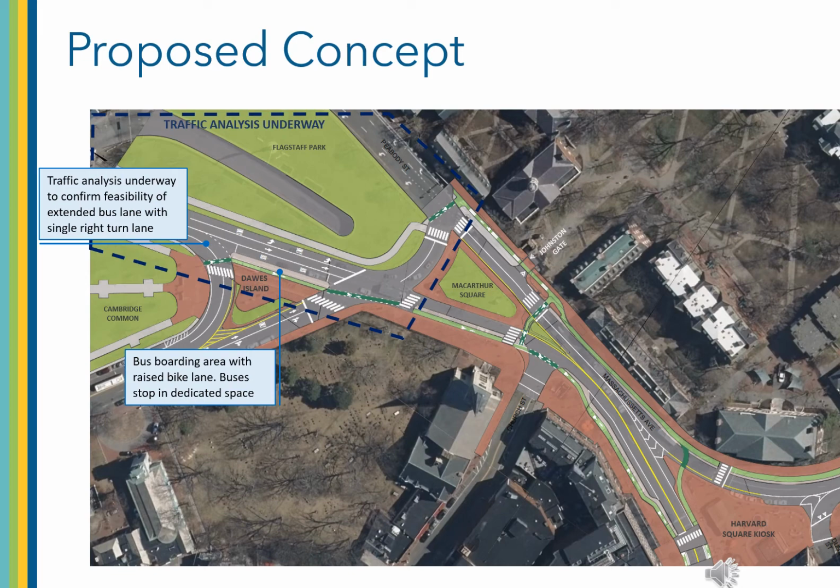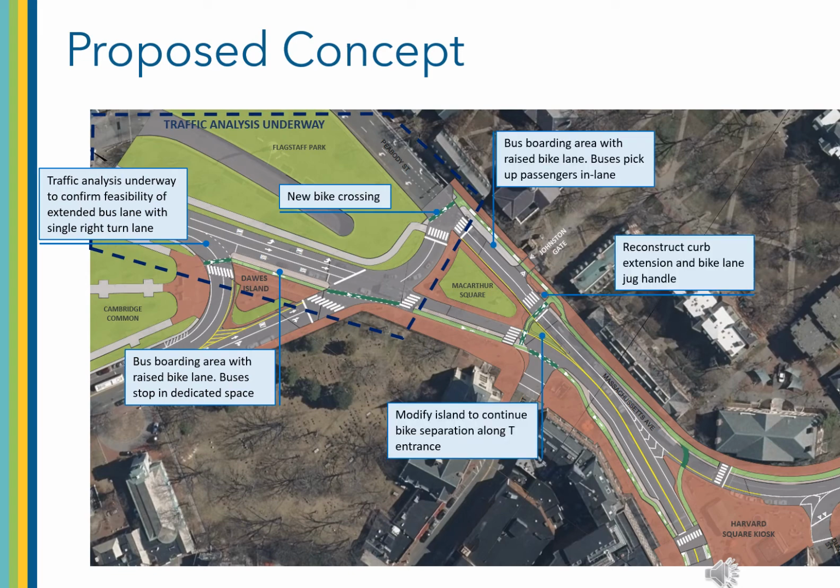Analysis is also underway on whether a queue-jump signal can be used to allow buses to merge into the single southbound traffic lane. In the northbound direction, the nose of the existing island will be modified to allow for continuous separated bike lanes next to the area constrained by the Red Line entrance. The existing bike lane jug handle will be reconstructed to allow for bikes to continue behind the crossing area at Johnston Gate. A separate bus boarding area will be provided with a raised bike lane behind it. Buses will stop in the travel lane at this location. And a new bike crossing will be implemented at the intersection to allow cyclists to connect to the Flagstaff Park